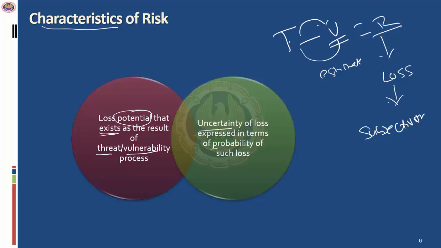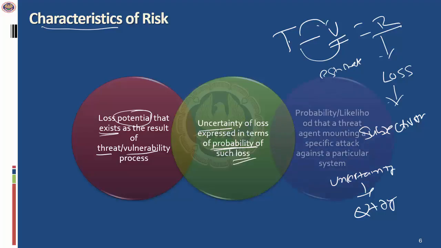So you'll have to consider probability. For example, what is the probability there is a threat? What is the probability there is a fire? So you'll have to estimate based on certain factors wherever possible, whether information is available. So you'll have to look at the uncertainty of the factors to the extent you should be able to quantify it. And based on this, you should be able to look at the impact for the organization in terms of the loss and then assess what is the impact or the potential exposure to the loss.